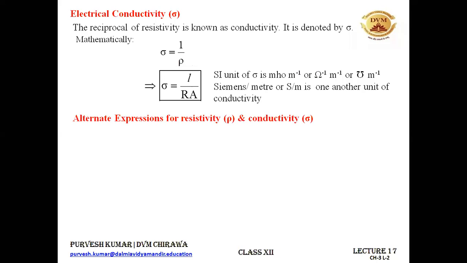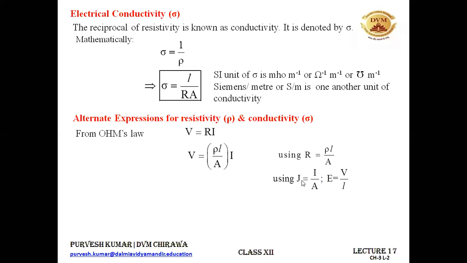Now we need to find some expressions for conductivity sigma and resistivity rho. From Ohm's law, we can write V is equal to Ri. In place of this R, I can write rho L by A. The resistance can be given as rho L by A, which we derived in our previous discussion when we were talking about the dependency of resistance on the length and the area of cross section. So that's what I have written in place of R. I've used this formula.